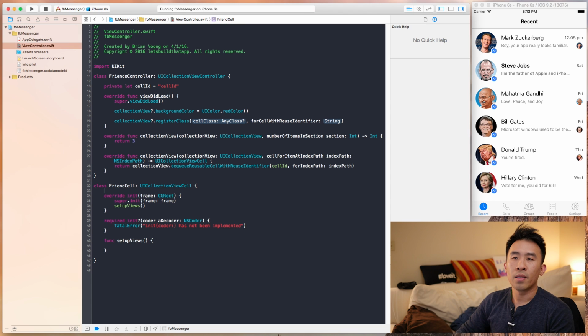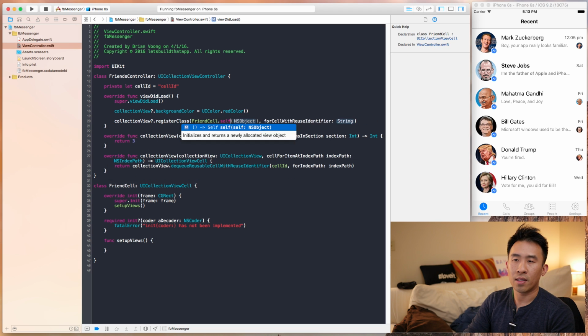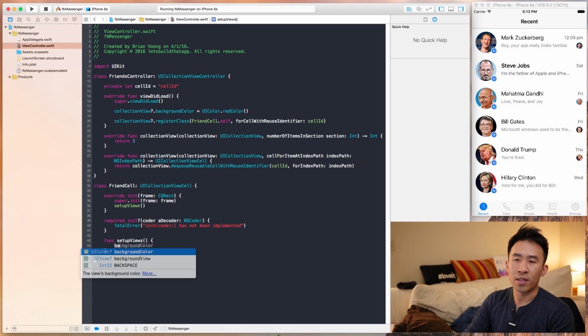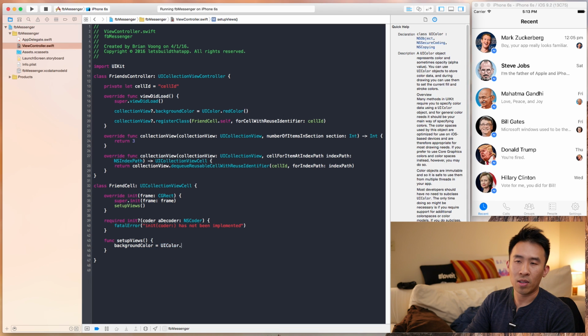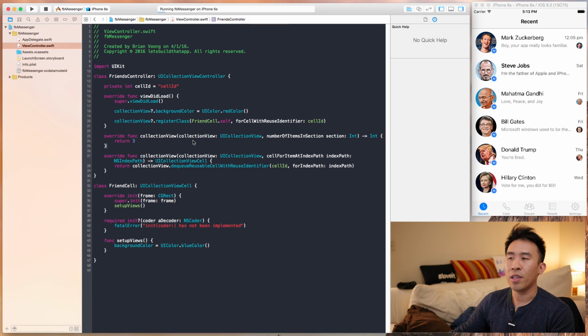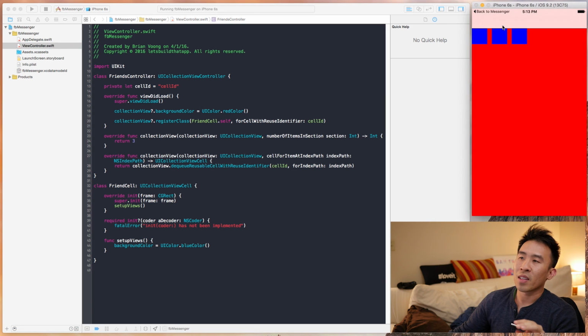Cool. So the remaining step to get all of this working is to actually register this friend cell like that. So friendCell.self, and this needs to be that cell ID. Cool. So before I run this, I want to change the background color of each cell to something that is easily recognizable, like blue color like that. And I'm just going to run, and you're going to be able to see 3 blue cells upon running,